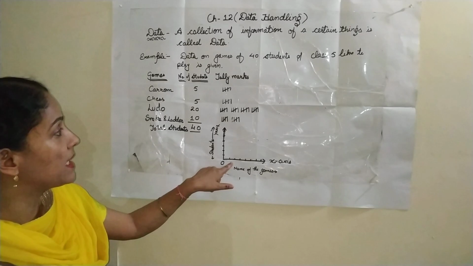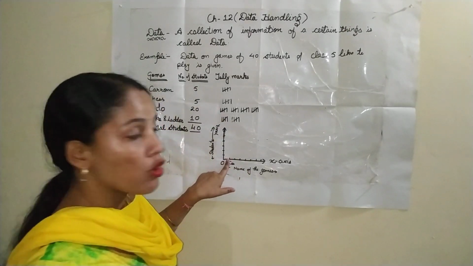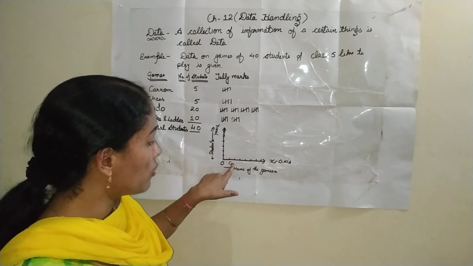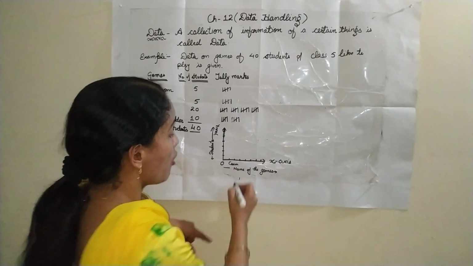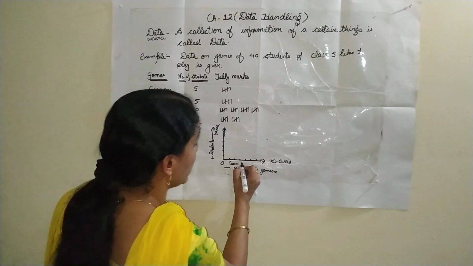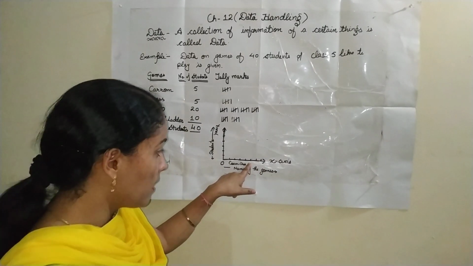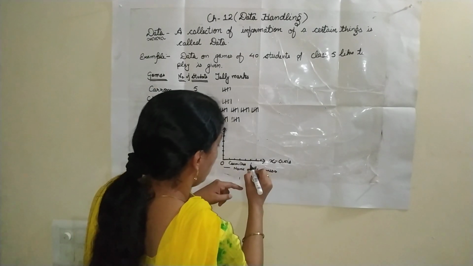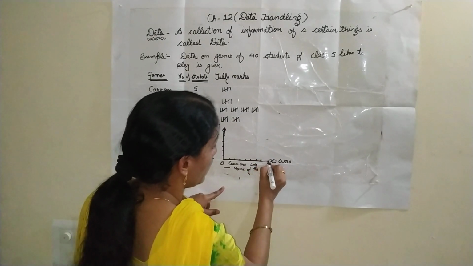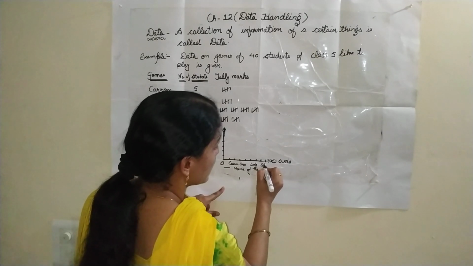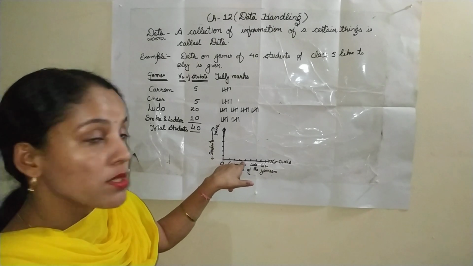Now the first game is carom. The first block you have to leave empty. In the second block you have to write carom. Next, again leave 1 block, and the next one is chess. Again leave 1 more block, then write Ludo. After that leave 1 more, and then the next one is snake and ladder. This is the way to distribute these.